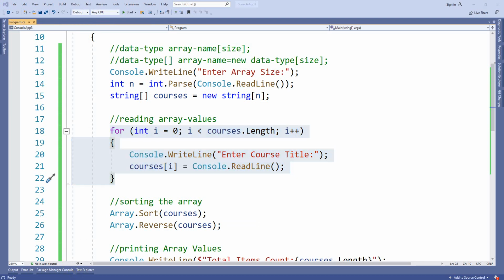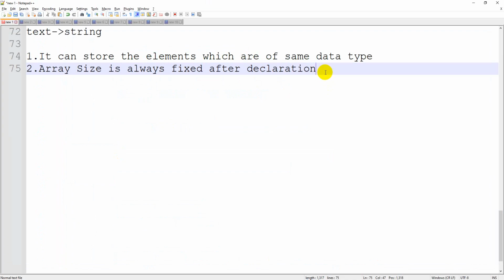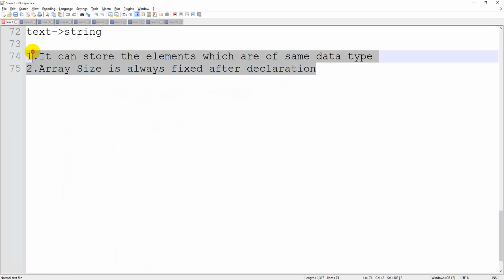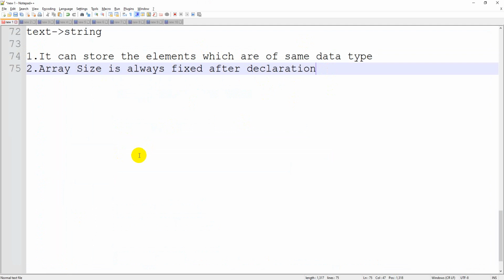So array size is not flexible. Earlier there was a third drawback also, that there were no searching and sorting techniques available, but that is overcome in C#.NET. Currently these two are the drawbacks: array size is not flexible and it can store only one data type of values. This is the problem with arrays. It can be overcome in the future topic called collections. I hope it is clear to everybody.